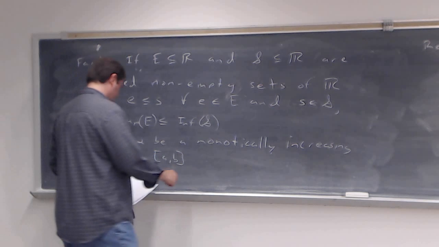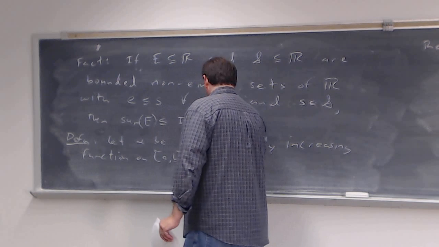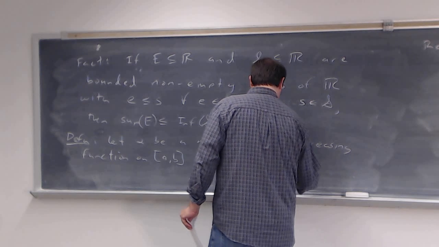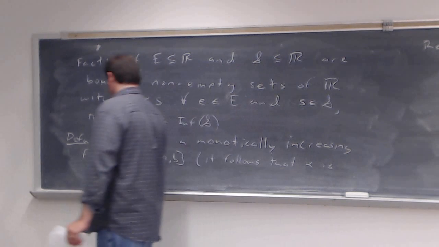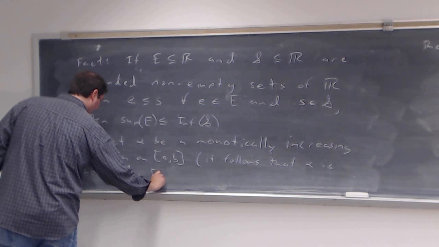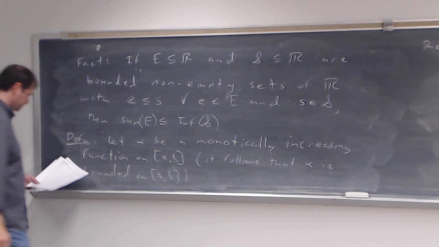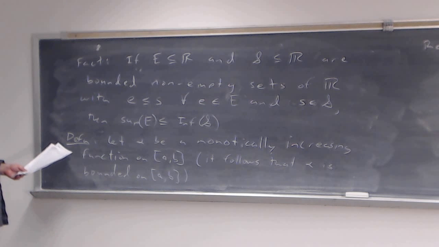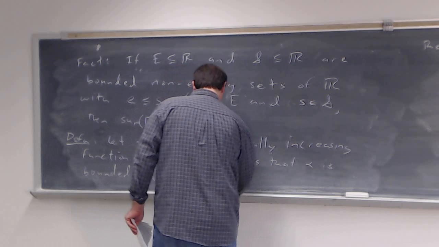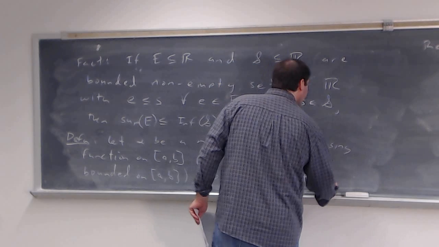Having that being said, it follows that alpha is bounded on that integral from A to B, that closed interval from A to B. Then corresponding to each